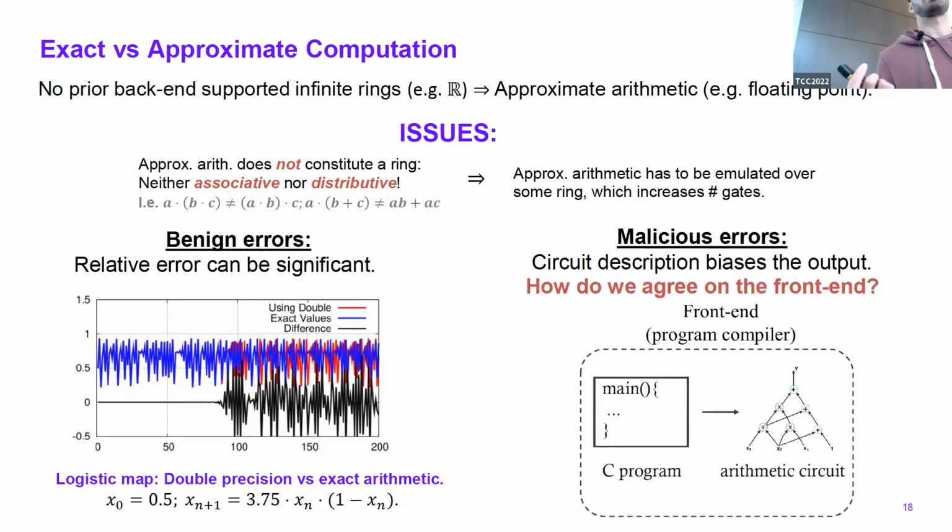But now let's get back to the problem of compiling programs down to circuits. Since approximate arithmetic is not a ring, and it's not associative and not distributive, whenever I go from a program down to an arithmetic circuit, the wiring in this circuit is going to bias the output. So how I order my multiplications, or whether I do this kind of operation or that kind of operation, is going to affect the result. So now this is some sort of attack vector in your broader system, and we should be aware of this. Okay, so that's preaching for exact computation.